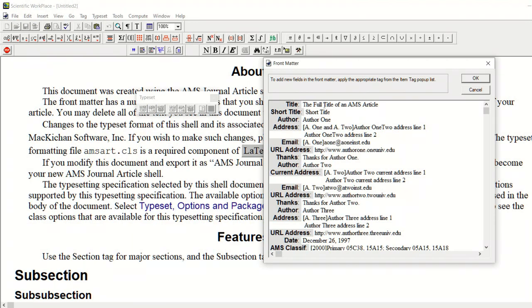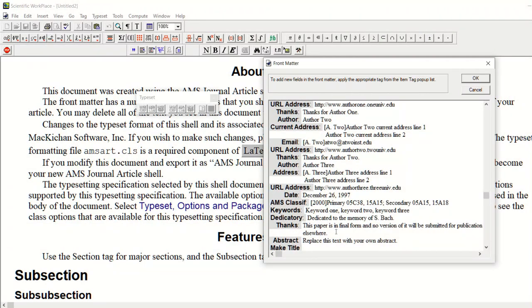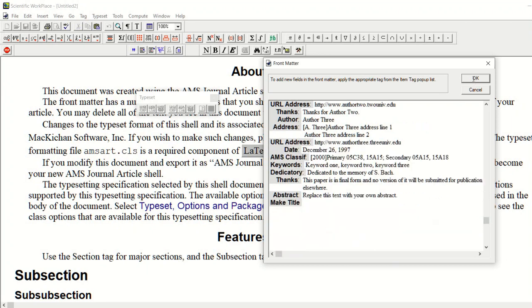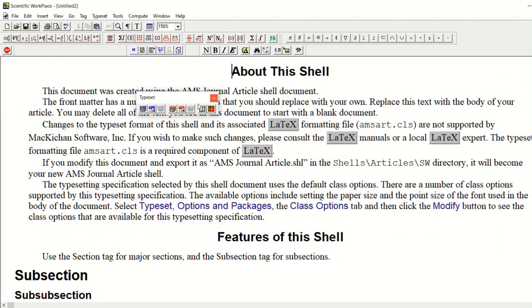This is the title of the article, this is the author name, this is the address of the authors, and similarly all other tags can be changed. Then we press OK after putting the title, authors' names and addresses, and after editing the keywords, classifications and abstract of our paper, the front matter will be completed.